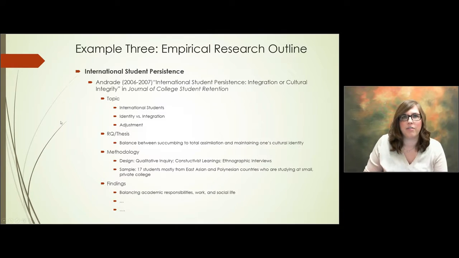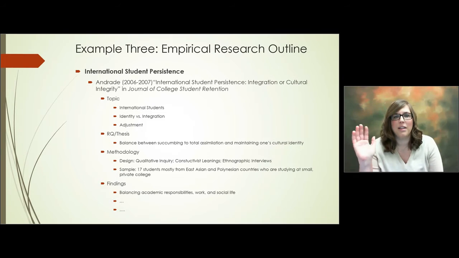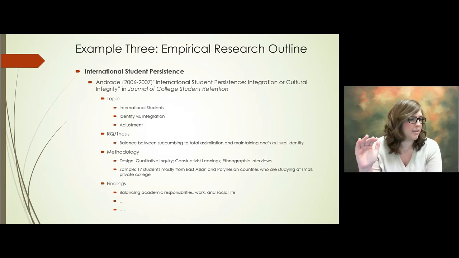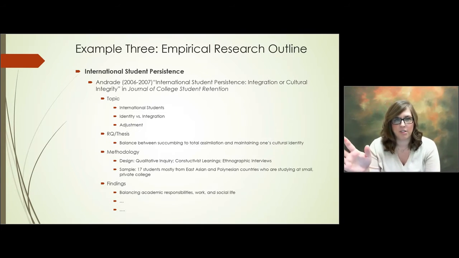So this is my third and final one. This is an empirical research outline. So what I've done here is it's almost like I've zoomed in to the first outline. So this is international student persistence, and instead of just listing Andrade 2006-2007, I have listed most of the citation, and then I've broken it down by topic, research questions, methodology, and her findings. And again, I haven't included all of her findings here,